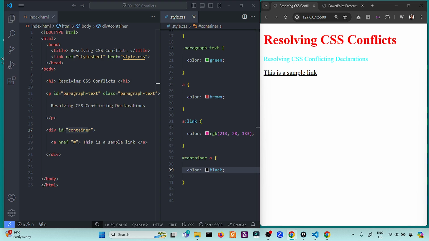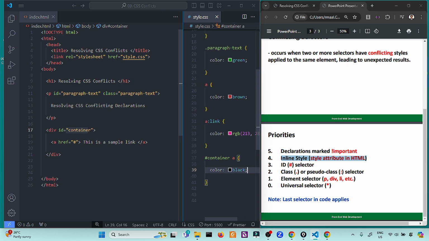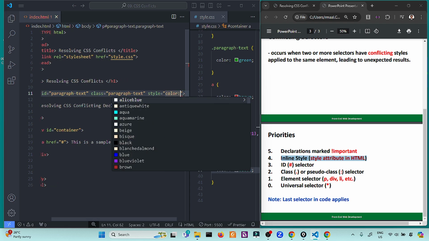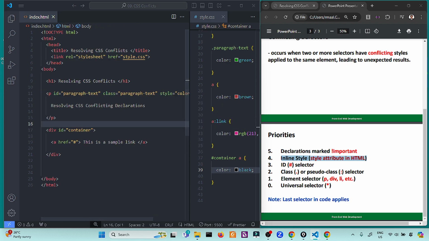So looking at our declaration, if we have an inline style attribute, for example, let's make it here in the paragraph text. So inline style means this one. For example, I have a color green in the paragraph.